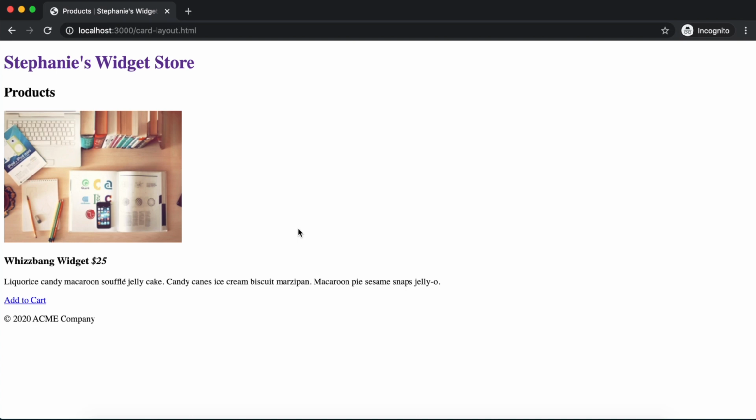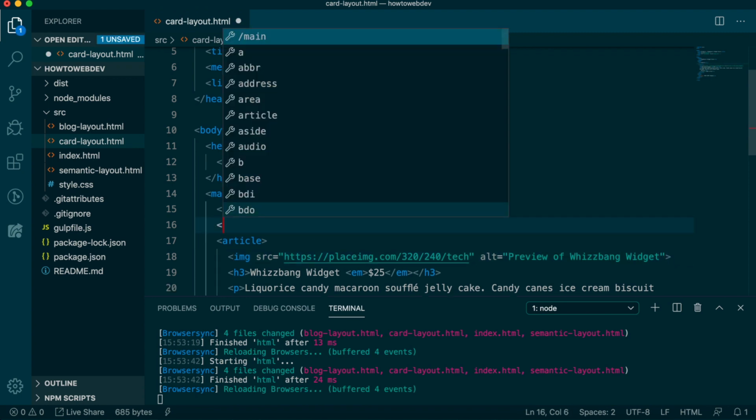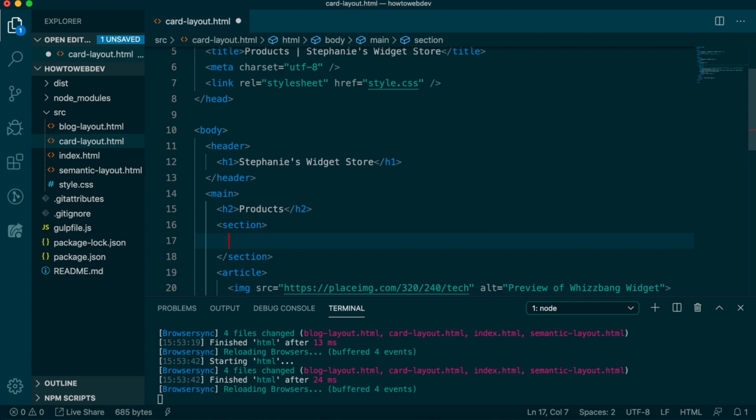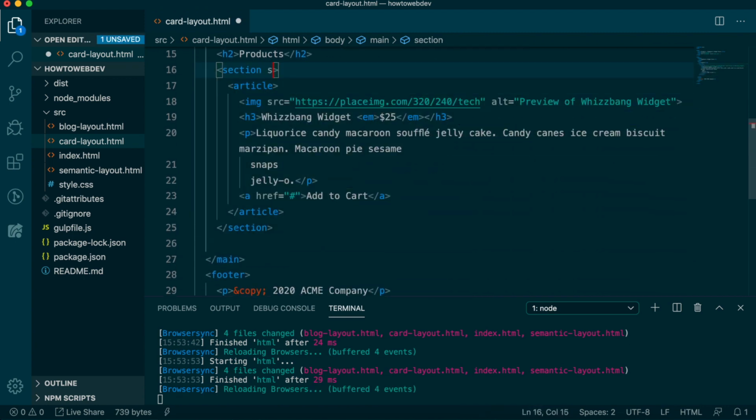You may be wondering what distinguishes this as a card. And the answer is that we need to apply some additional style to begin to visually see this as a card. We are two lessons away from learning CSS, which is the styling language for HTML, but temporarily we will do three quick things that will help you see this as a card layout. First, let's wrap the article with a section tag to give it a bit of semantic separation. We'll also add an attribute called style with the value